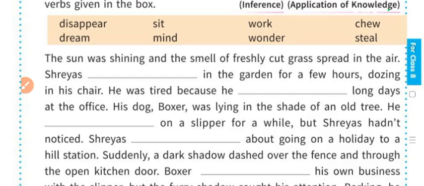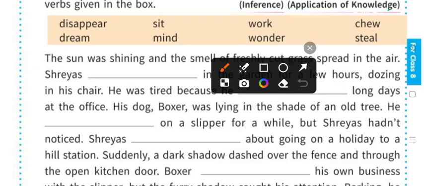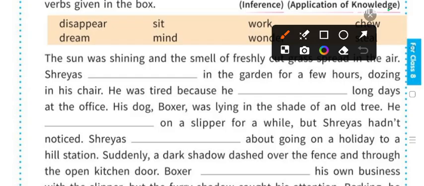Complete the short story with the past perfect continuous tense. The sun was shining and the smell of freshly cut grass spread in the air. Shreyas, what is Shreyas doing? Shreyas in the garden for a few hours. So here we will put walking. Okay, Shreyas